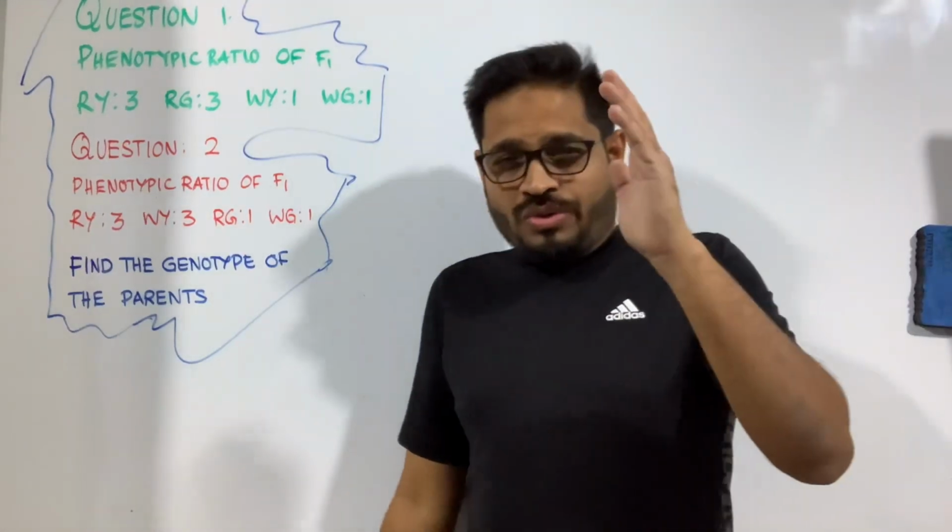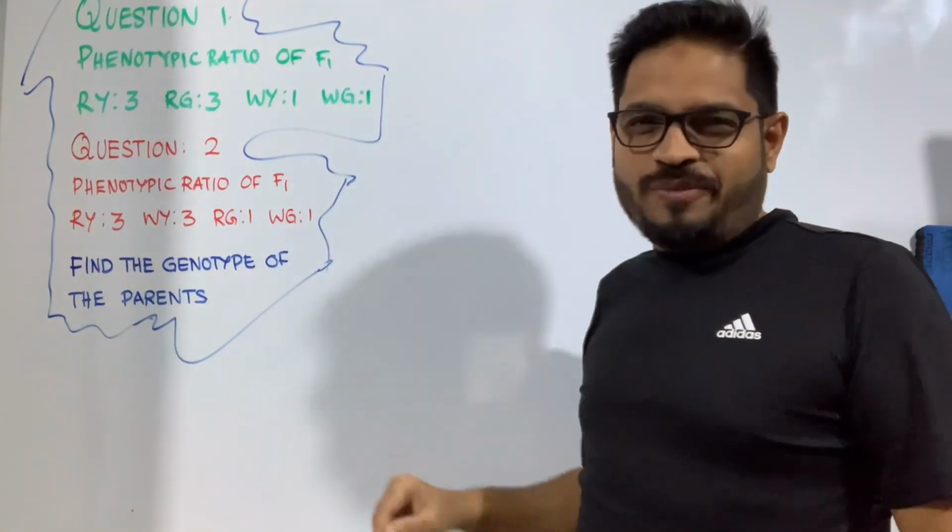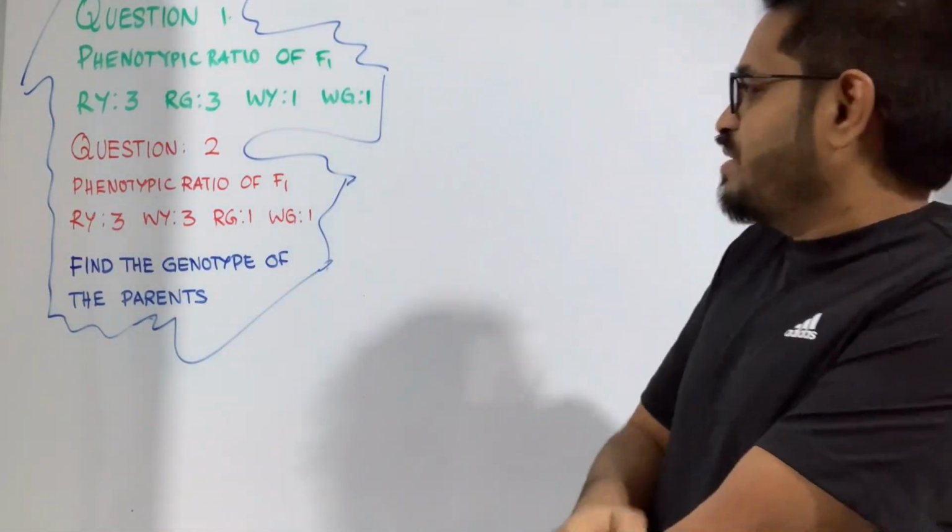Let's get to today's topic, that is, if there are 8 offspring given where the cross is 2 gametes cross 4 gametes. So only 2 questions we are going to discuss thoroughly in this context. So let us check the questions right now. Here we have 2 questions kept in front of us.